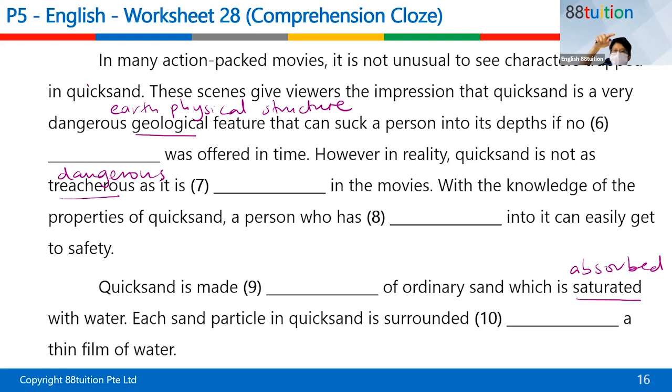If you have an A5 exercise book, you can write down the meaning. If you don't have, then you should have one, so that you can learn vocabulary. If you print out, then you can annotate it, so that you can remember the words that you learn here. Quicksand is a very dangerous geological feature. So it means earth physical structure, that can suck a person into the depths of